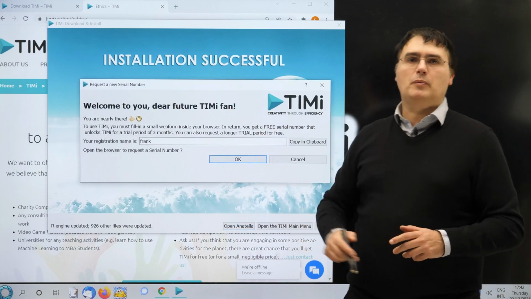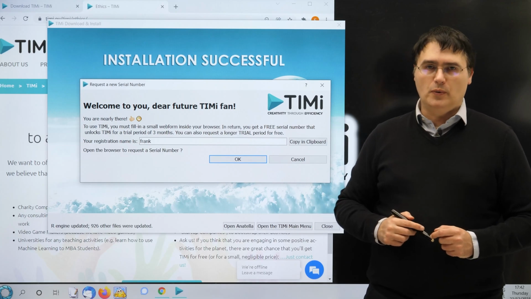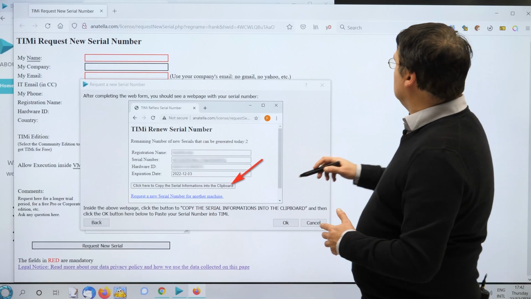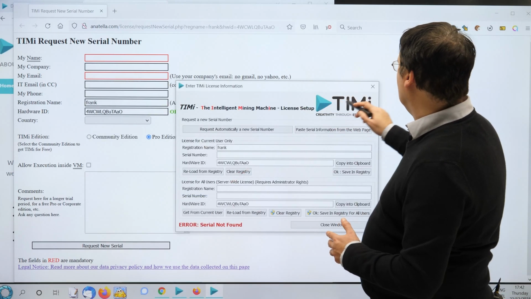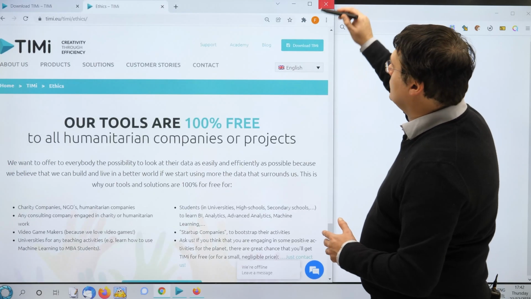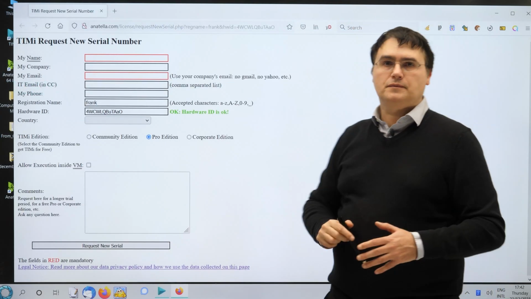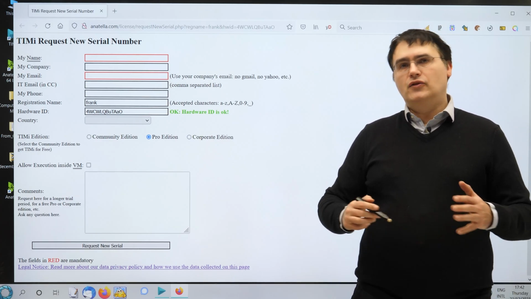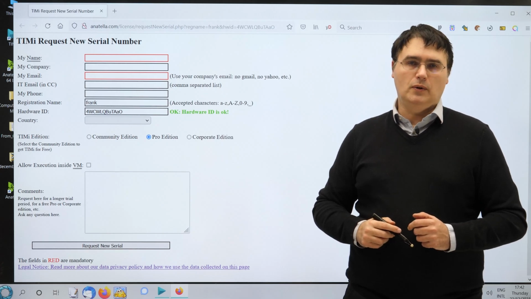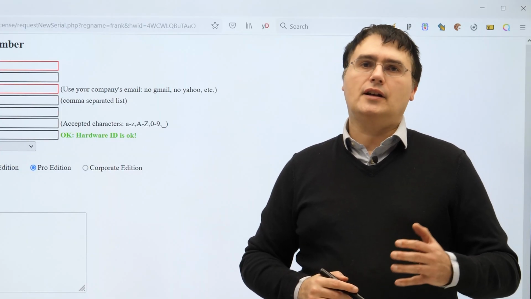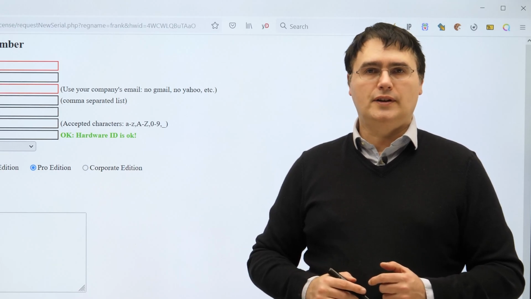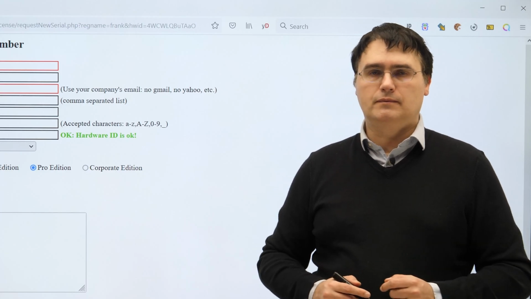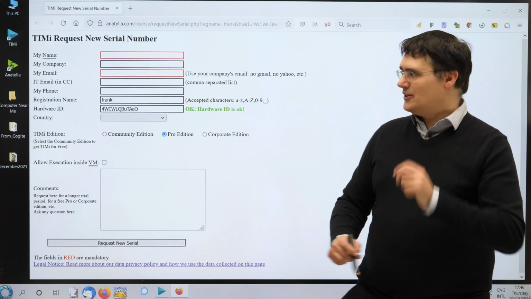So there is a little pop-up window to say that the browser is going to open. You can click OK and then close everything except the browser. So I'll close this one, this one, this one. OK. Now you just have to fill in this web form to get your serial. And after a few minutes, your serial will be available. At this moment, you can launch Anatella as usual and Anatella will automatically fetch your new serial from the Timmy website and open normally. A few minutes have passed. Let's run Anatella.